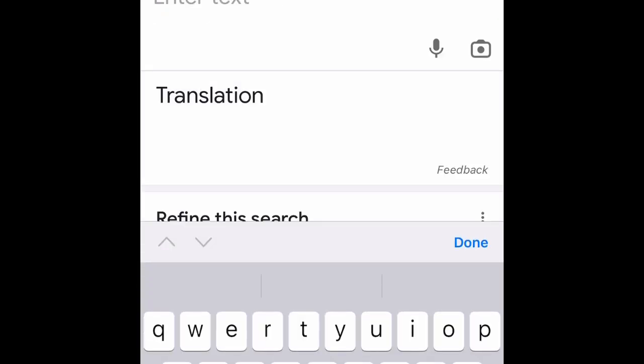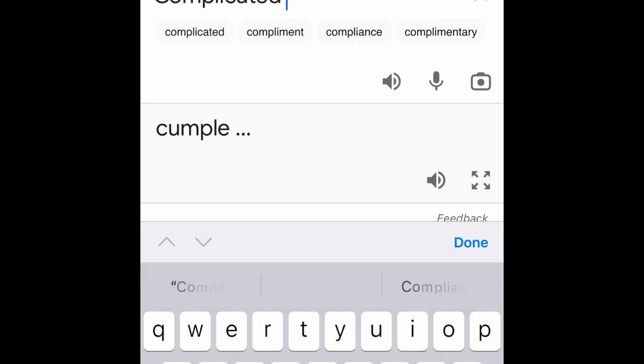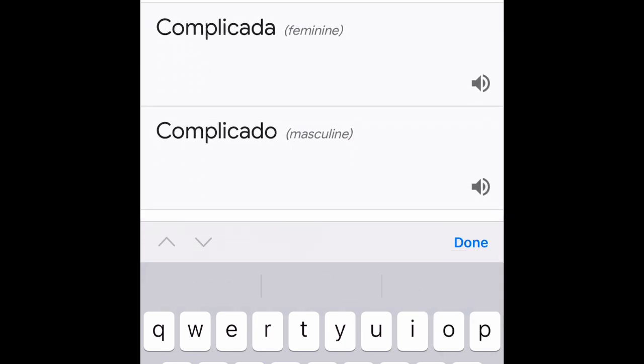Alright, so next up, what we're going to talk about is the D's. So let me give you an example of those. In Cuban Spanish, the D's often disappear. For example, the word complicated.